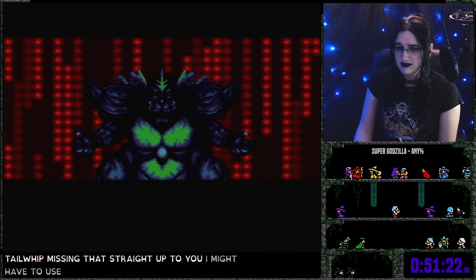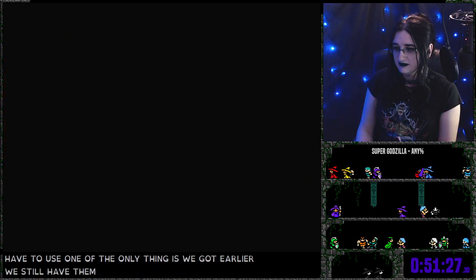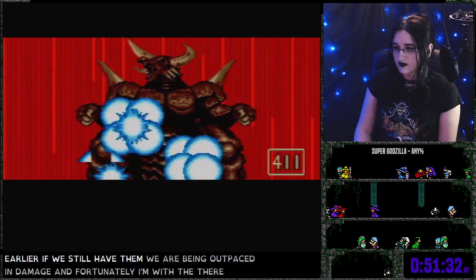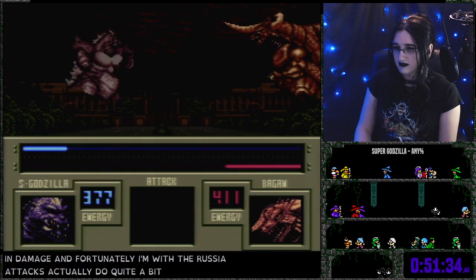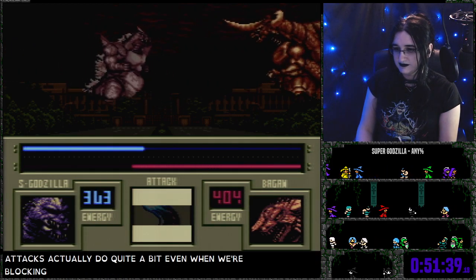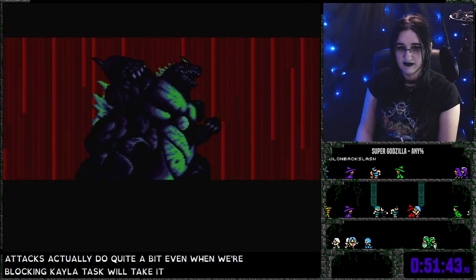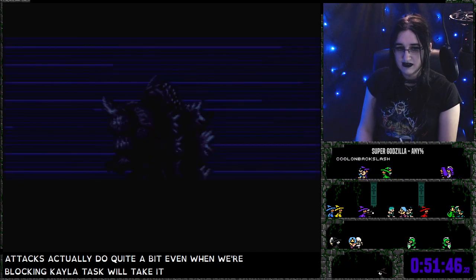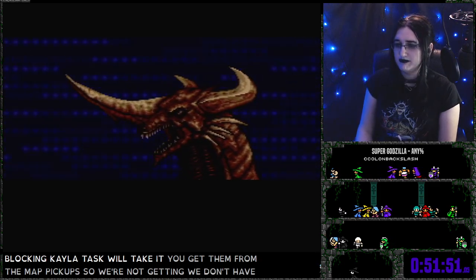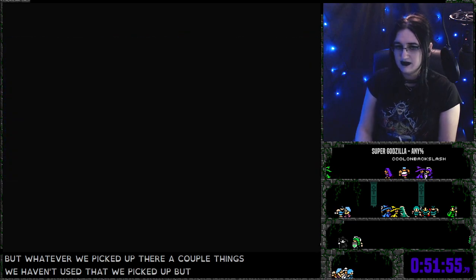I might have to use one of the melee thingies we got earlier, if we still have them. We are being outpaced in damage, unfortunately. Their rush attacks actually do quite a bit, even when we're blocking. Tail attack. We'll take it. You get them from the map pickups, so we don't have but whatever we picked up. There are a couple things we haven't used that we picked up, but I think...